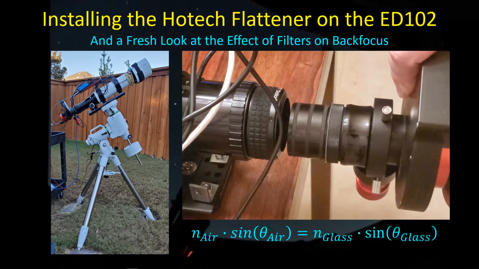I've been using the Explore Scientific Field Flattener. It may be working fine and I just may be screwing it up, but I went ahead and bought the Hotech Field Flattener, which is intended for use with telescopes that have a focal ratio of anywhere from 5 to 8, and the Explore Scientific has a focal ratio of about 6.9 to 7. So I went ahead and bought this field flattener, and I thought I'd share with you my initial thoughts on